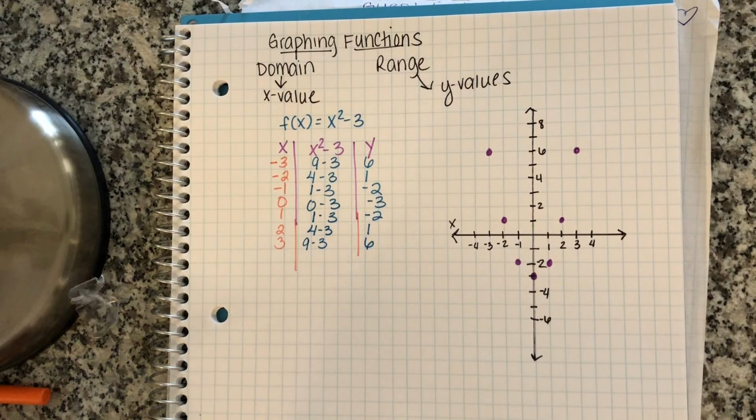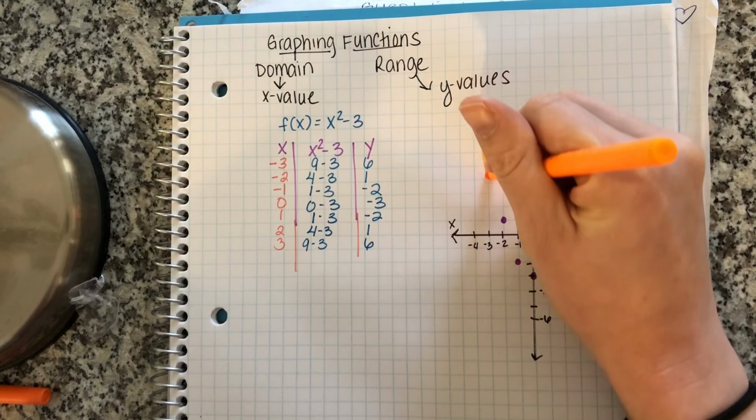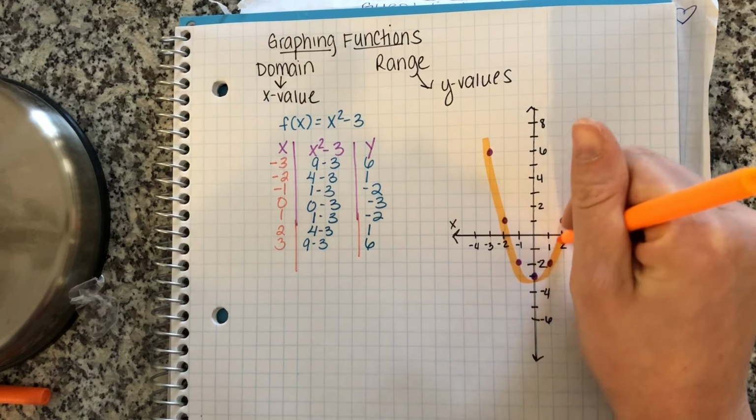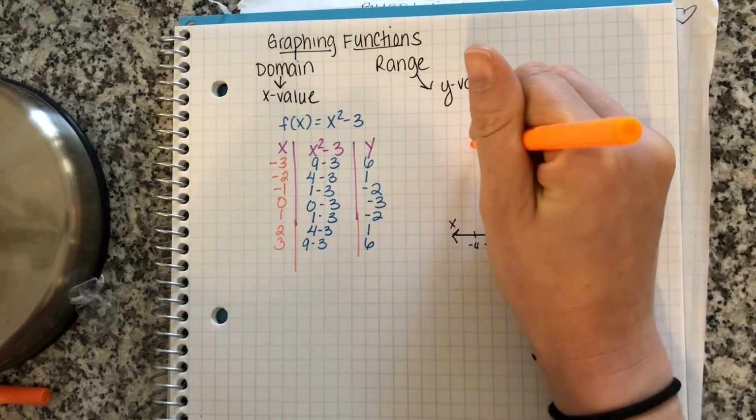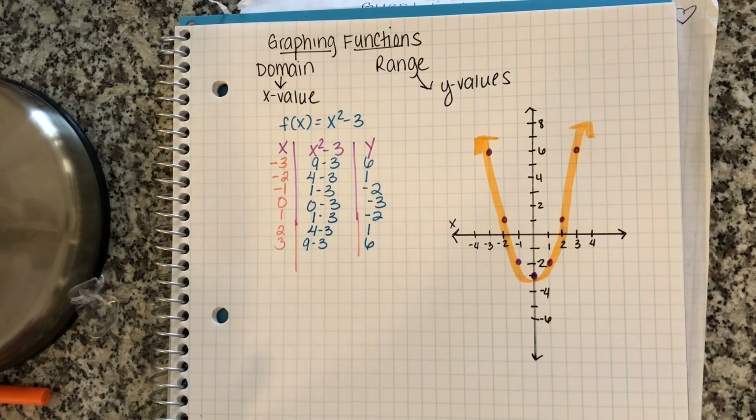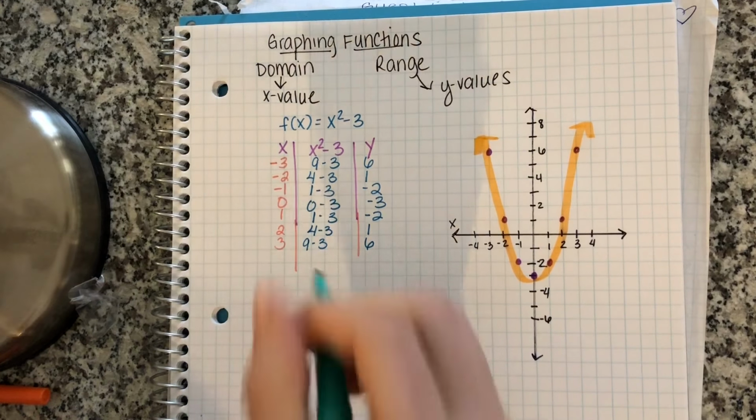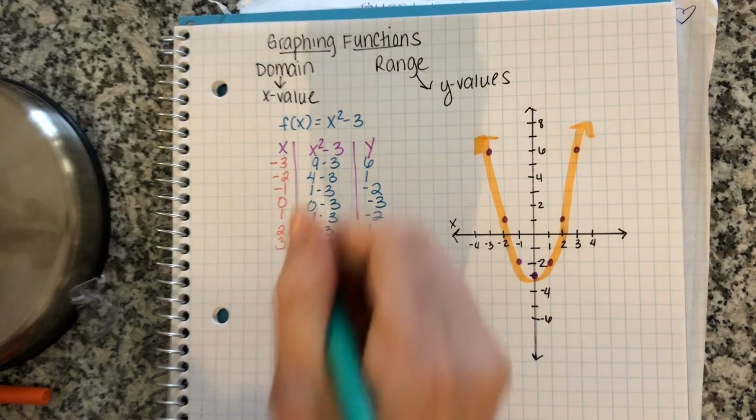Now I am going to connect the points to see the trend. Goes down and then back up again. And it's going to continue. So now let's look at our domain and our range. Again, the domain is your x value. So if I look at this,